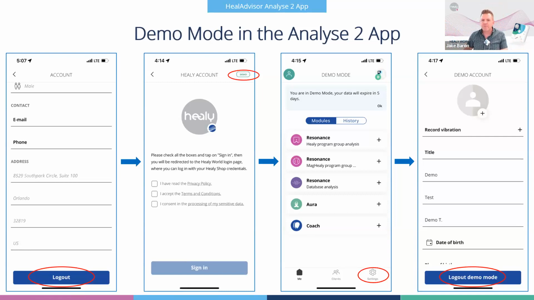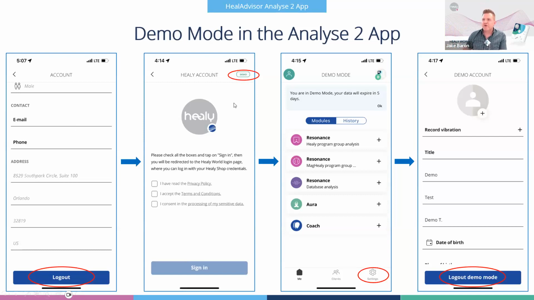Demo mode. This is something else we wanted to point out. As you saw, actually right here, the second to left here, after you set up your account, actually I should have had these reversed, but it's fine. But there's a demo mode. So rather than sign in and click all the terms and conditions, click on the demo icon at the top right.